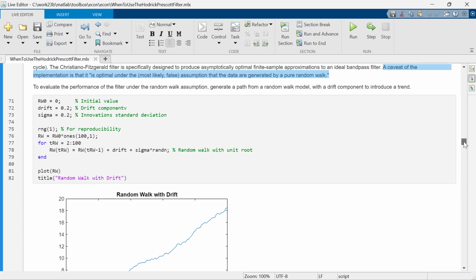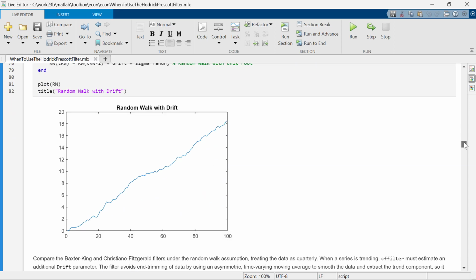So in order to evaluate it, what we do here is we create a random walk. A random walk just being an autoregressive series with the autoregressive coefficient being 1 here. That's the unit root. We're going to add a drift component and then some random innovations here to the data. And if you look at a random walk with a drift, you get data that looks something like this. Looks much like the GDP data that we just looked at. The GDP data, of course, being empirical, this is just simulated data of a simulated random walk.